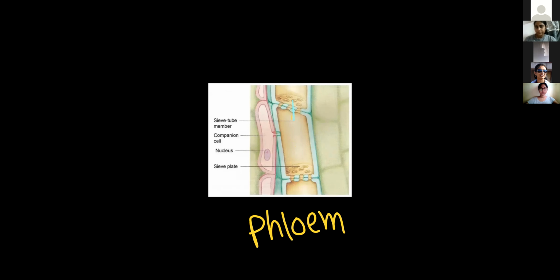But see, this one is the sieve tube element. It's a tubular structure. Can you see a nucleus present over here? Do you see it? No, because here the nucleus is absent. So sieve tube elements are enucleated. Their function is controlled by the nucleus of the companion adjacent cell. So sieve tube elements of plant, part of phloem, are also enucleated in structure.